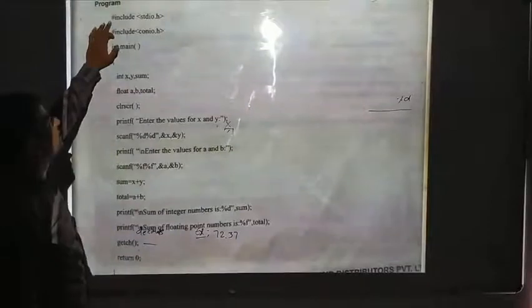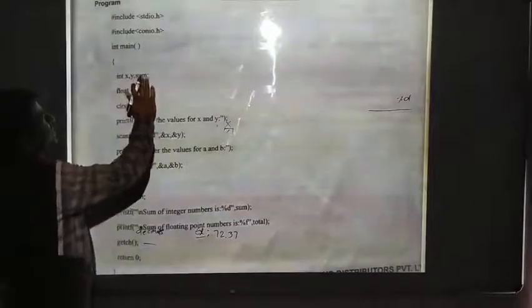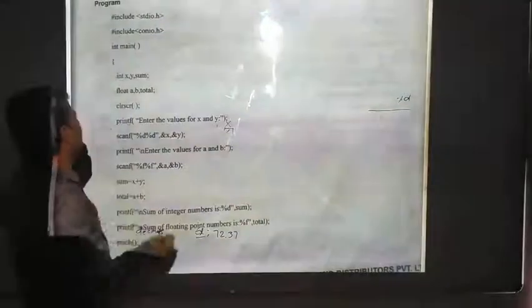Now here you can see one program. What is the program here? We have included header files, hash include stdio.h and hash include conio.h, from library functions. Int main is the main function, and this is the open brace. Integer x, y are integer type variables I am declaring here.